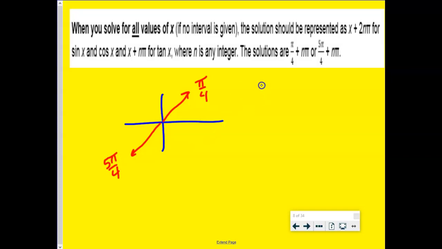So earlier, we learned that Mrs. Bruzzo is very lazy. And if the directions were changed to all solutions, she just would have written plus 2 pi n, plus 2 pi n. And I'm still okay with that. If this is what you do on your homework and your test, love it. Actually, that's what my answer key says. So